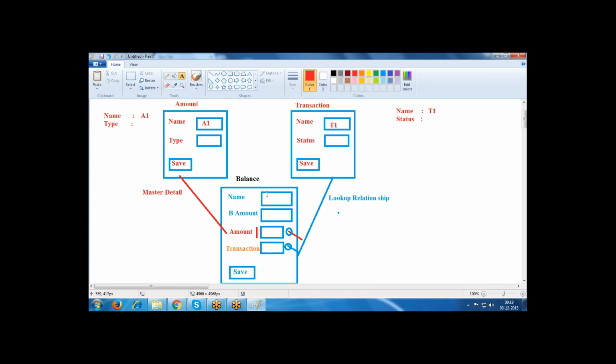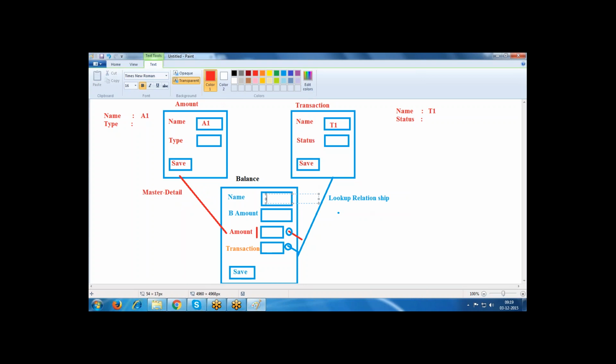Now my requirement is, if I enter the data, now balance object B1. Now I selected some amount equal to B1. I selected amount equal to 5,000.